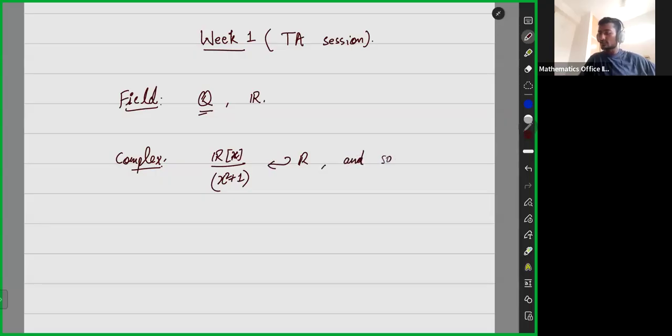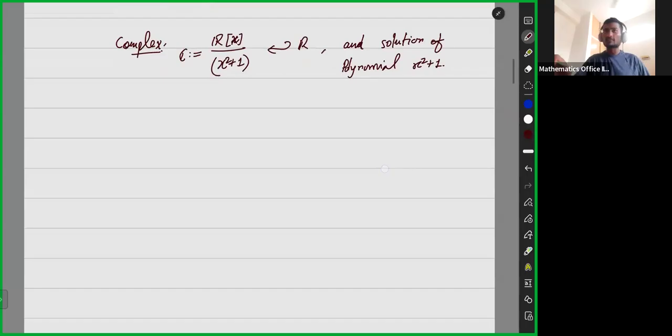a solution of this polynomial, x square plus 1. And this is the smallest field, which is defined like C, which contains the real numbers and the solution of x square plus 1. And from here, the next step was to define a topology on C and then identify this C with the R2